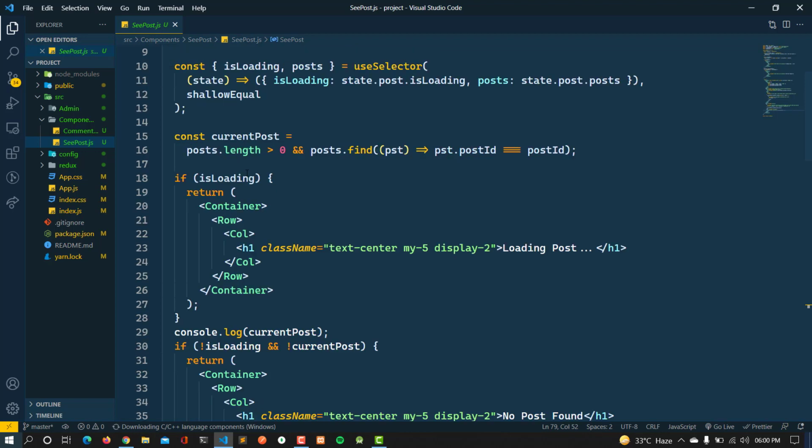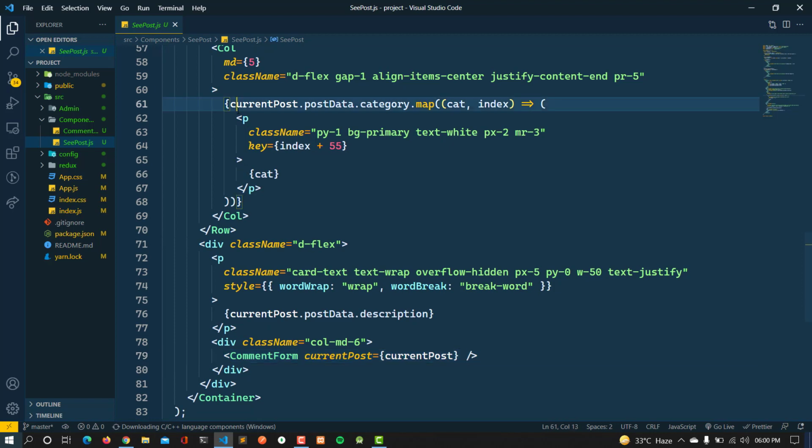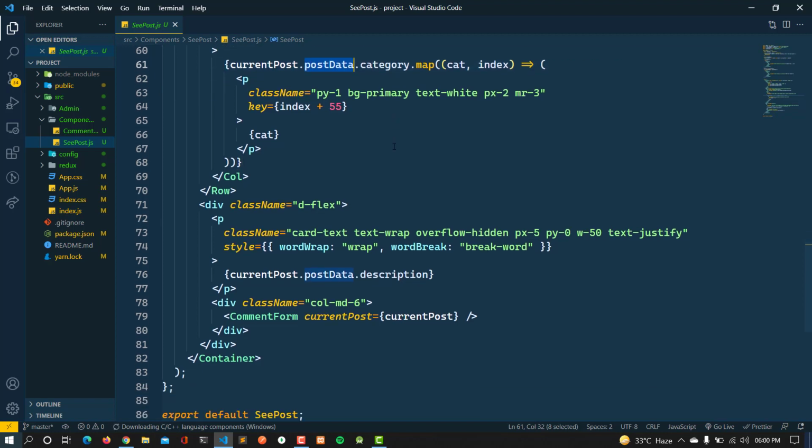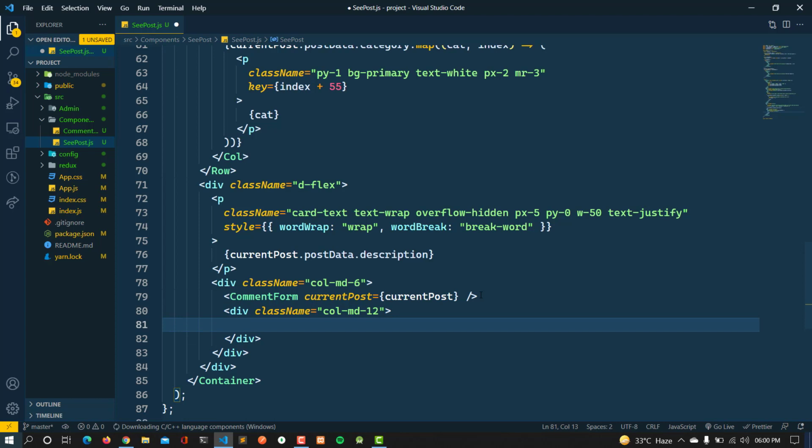See that here we are getting the post, and after that we are looping over the post. From here we are getting the current post, so we can also get the comments here. There is a comments field also in the post data. Let me show you. I will write a div with className col-md-12, and then here I am going to write JSON.stringify to make it a string.